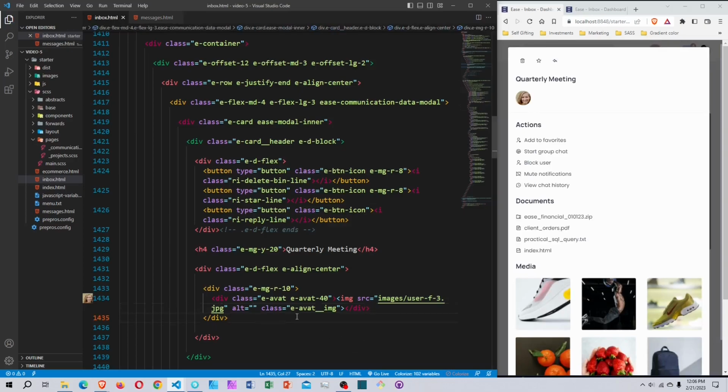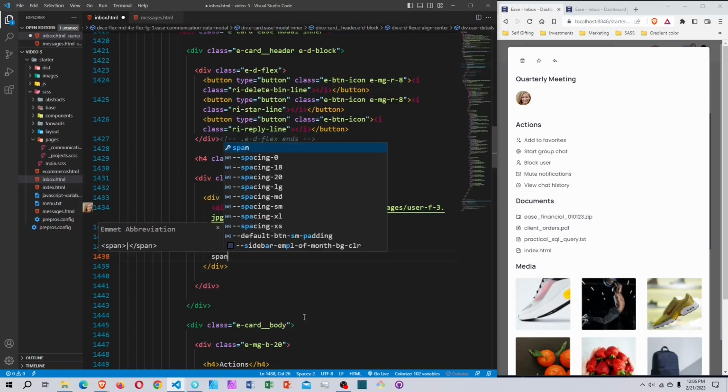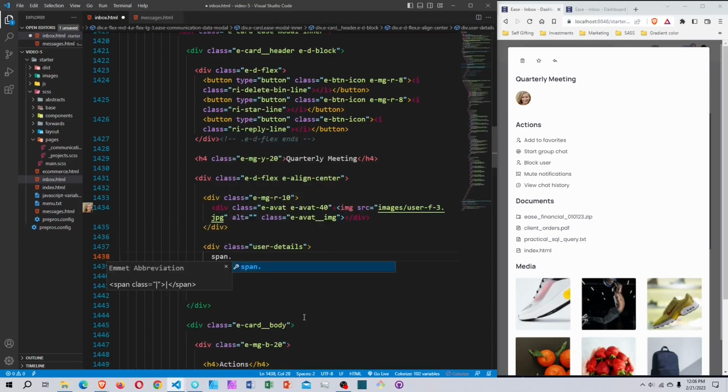Now after this div, create a user detail div like this. Let me spell details correctly, like that. Okay, so inside here I'm gonna create a span element with a heading 5 class, and also make sure it's display block, like this. Footer name,